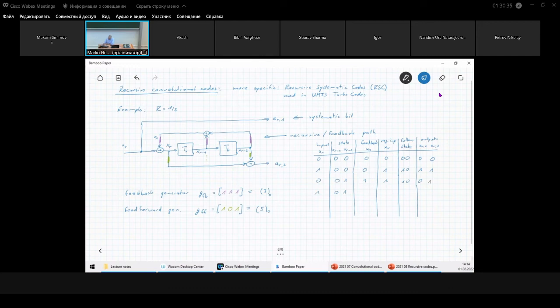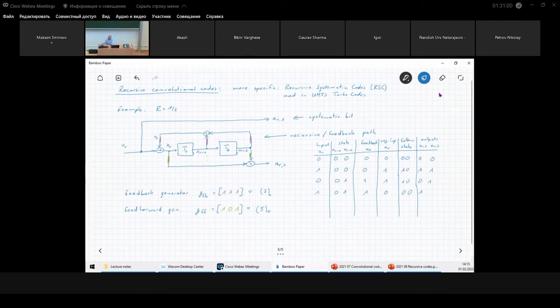And for this one, 0, 1 in the state, the feedback will be again a 1. The register input will be the 1 plus the 1 from the input, a 0. The following state will be this 0 and 0, 1 from 0, 0. And the outputs will be the systematic bit, the 1 from the input, the 1 from